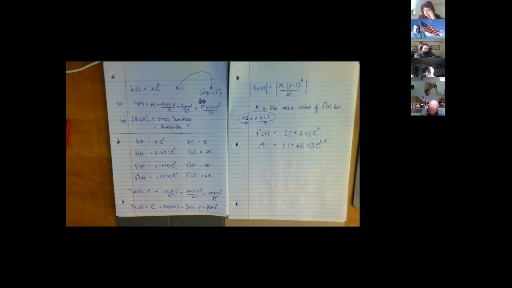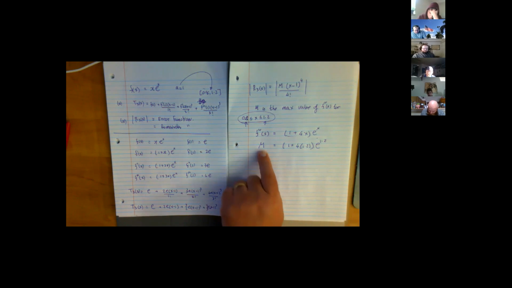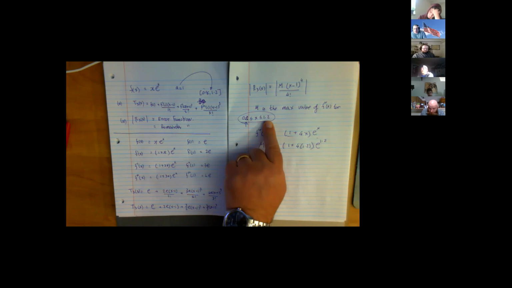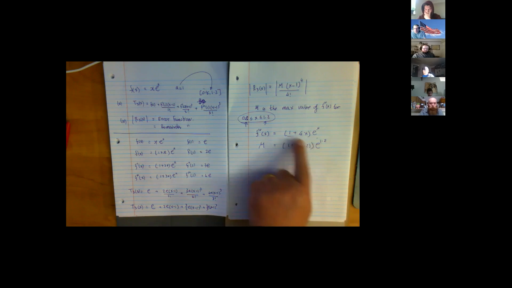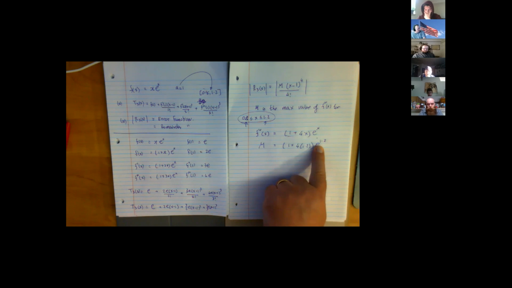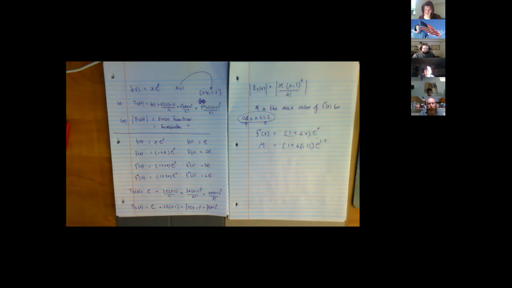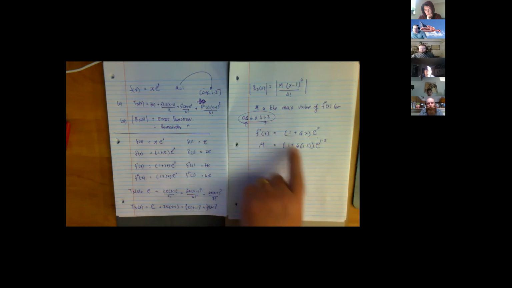Where on earth did the 1.2 come from, and why am I using that, not any other number? It's the maximum on your range. So when you're looking for M, it's either going to be the 0.8 side or the 1.2. In this case, it is definitely the 1.2. It's kind of obvious that this would be the biggest in this range when x is at the 1.2 side. But can you imagine it was 4 over x squared or something? Then wouldn't the 0.8 generate a bigger number, because 4 over 0.8 squared is bigger than 4 over 1.2 squared. So you're going to be choosing one or other of the endpoints typically.